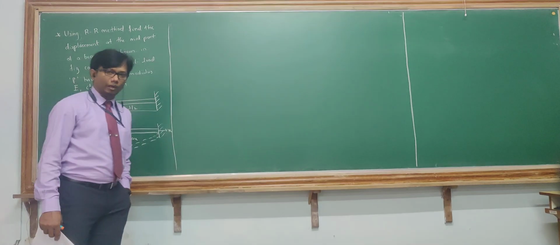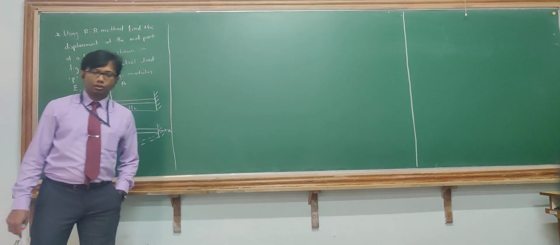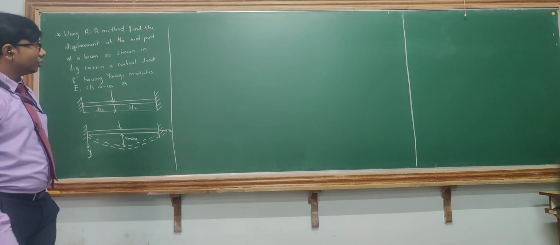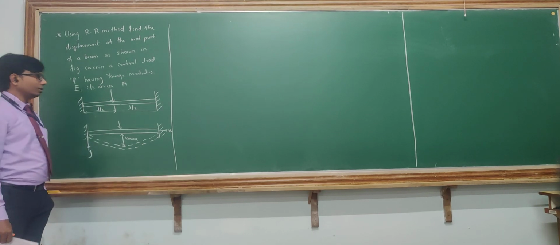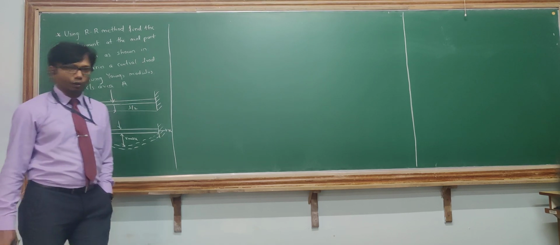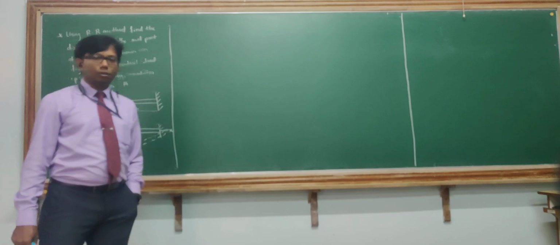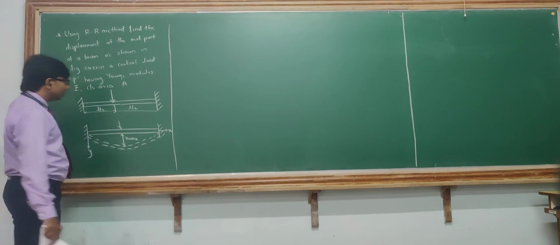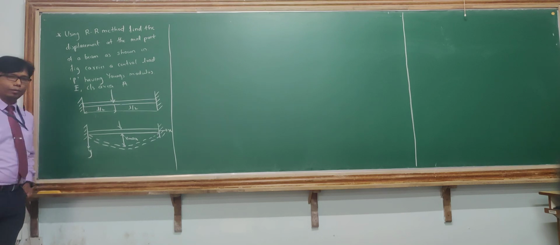First you have to formulate the potential energy function, then you have to assume a displacement function, then you have to substitute the displacement function into the potential energy function, then you have to minimize the potential energy function in order to find the values of the unknowns, then you can substitute in the displacement function in order to find the value of displacement. So this is a totally different case here. In the previous class we studied bars and now we are studying the beam problem.